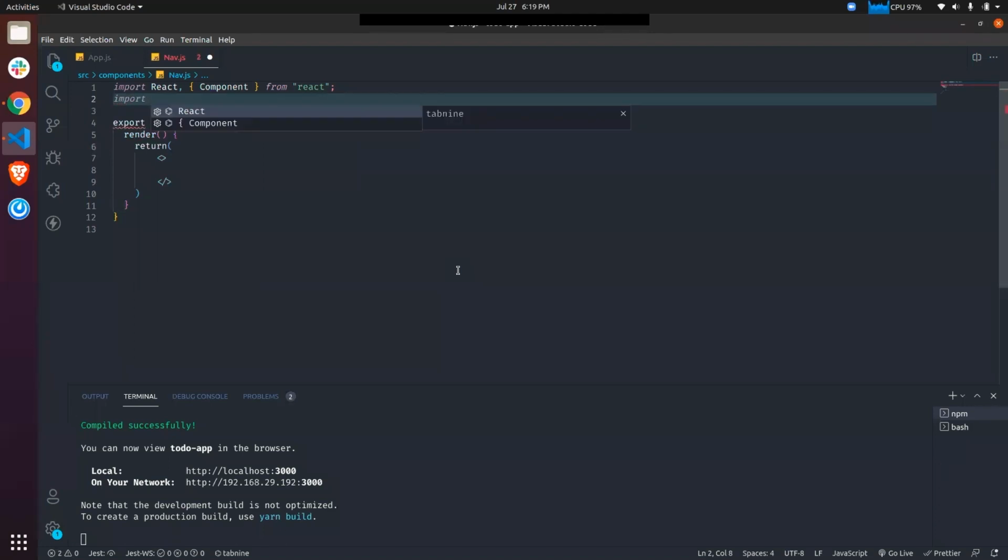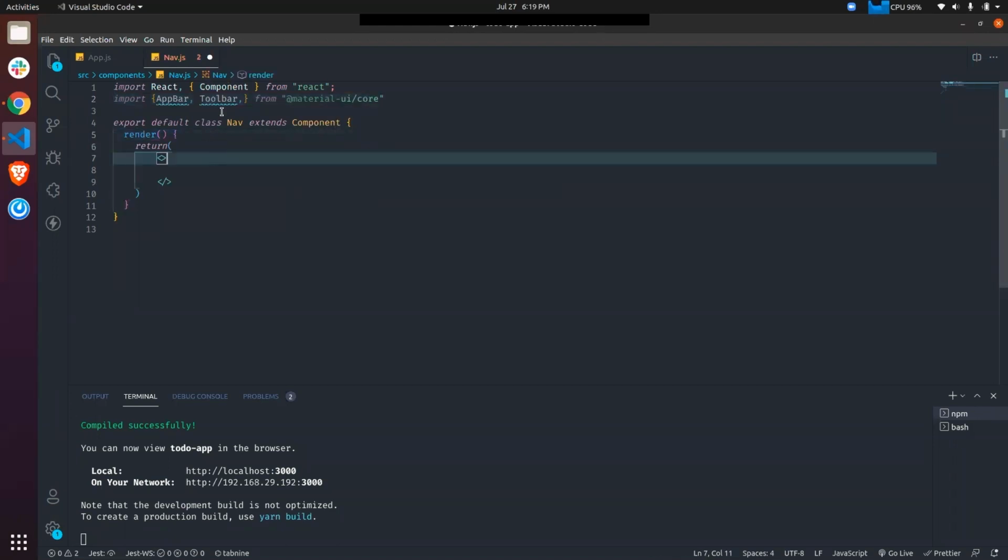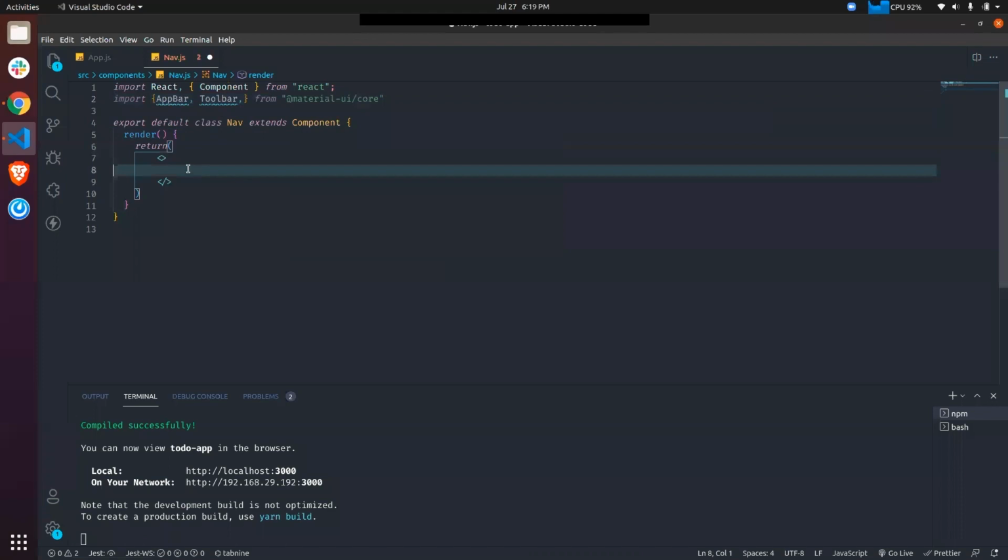So import AppBar, Toolbar, and what else do we need? Let's say, okay, just these two things from @material-ui/core. Now, how do we use this? It is as simple as we use our other components.